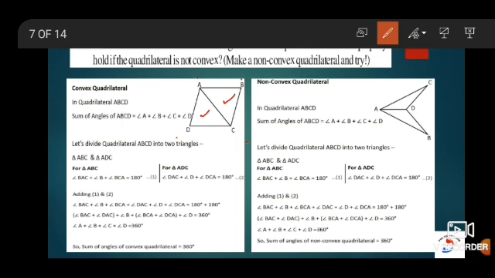So in triangle ABC, angle BAC plus angle B plus angle BCA is equal to 180 degree. I am going to add all these 3 angles, and it will give me the result as 180 degree. That is angle A plus angle B plus angle C is equal to 180 degree for triangle ABC. The same thing you can apply for triangle ADC also. That is, angle DAC plus angle D plus angle DCA is 180 degree.